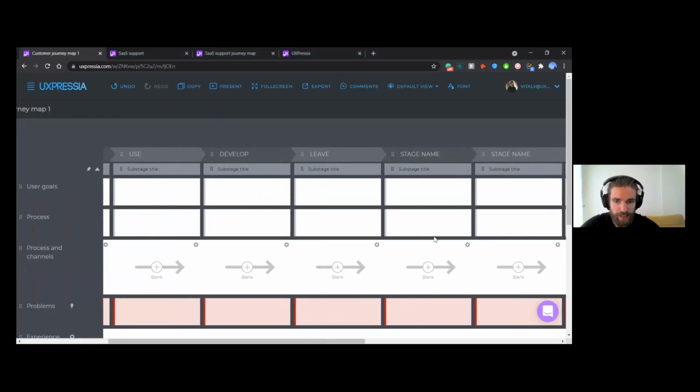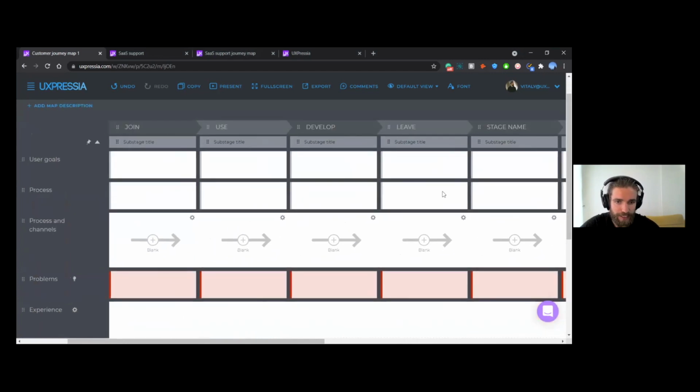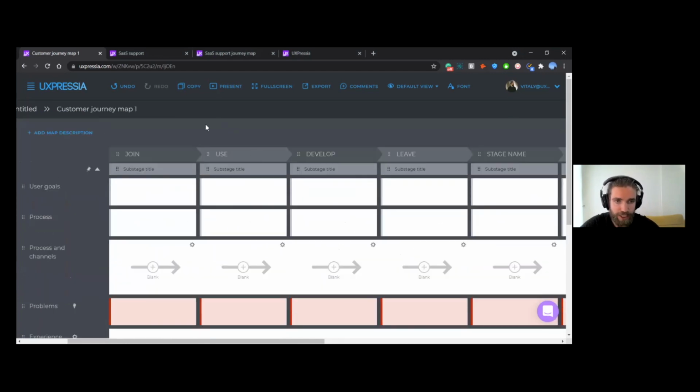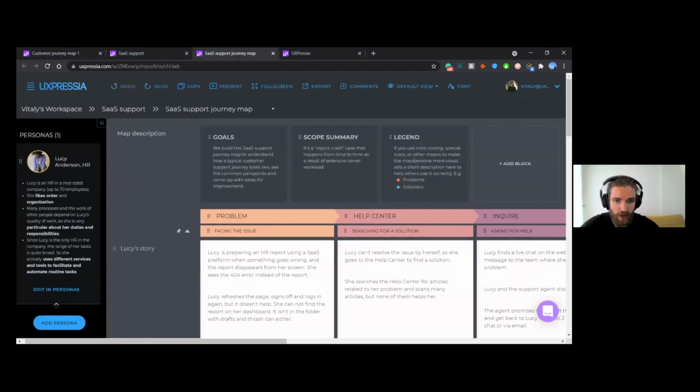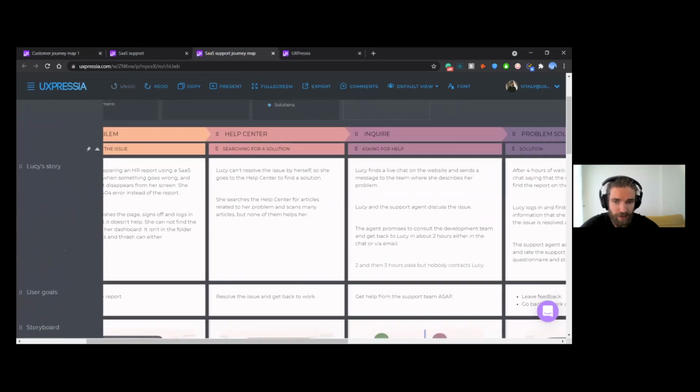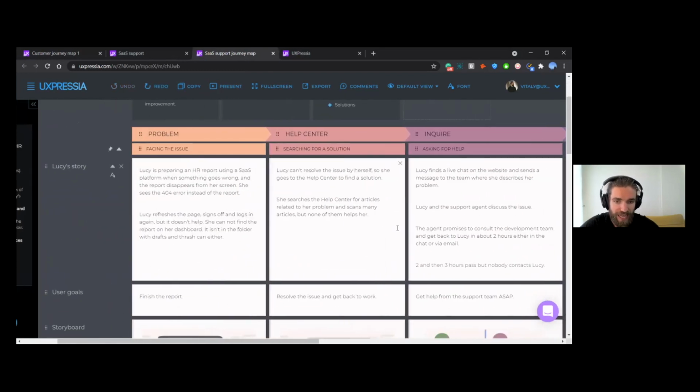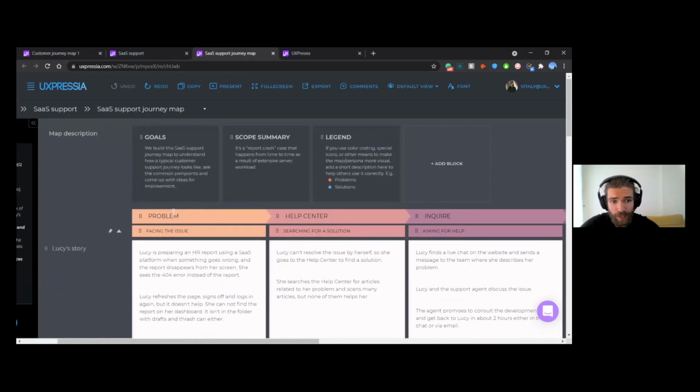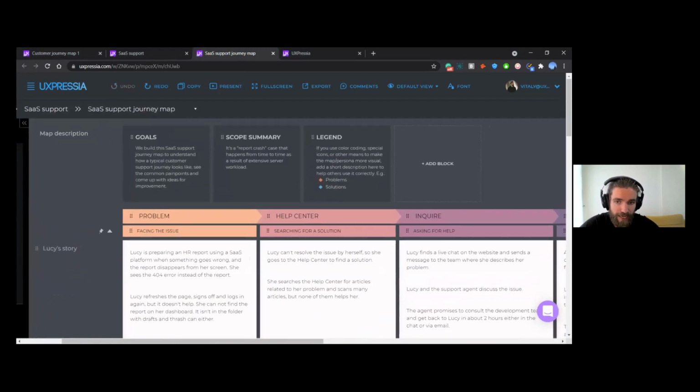So this was like a template, not a completed map, but let's actually switch on to this fully completed map to figure out how you can work with that and what you can do in here. First thing I want to mention, pay attention to this map description section on top of the artifact. This one is really important because it helps you to align with the team to clearly understand,